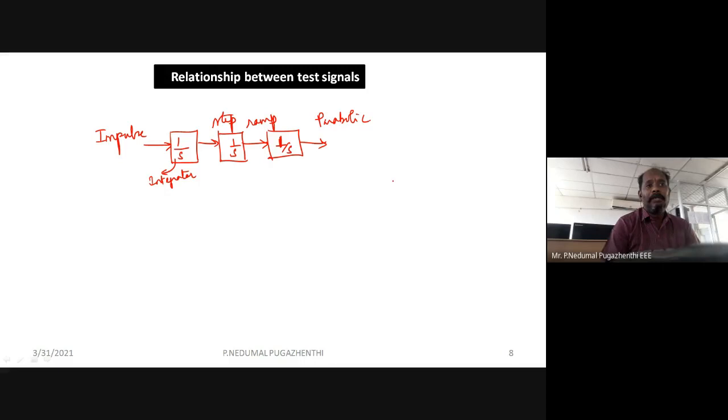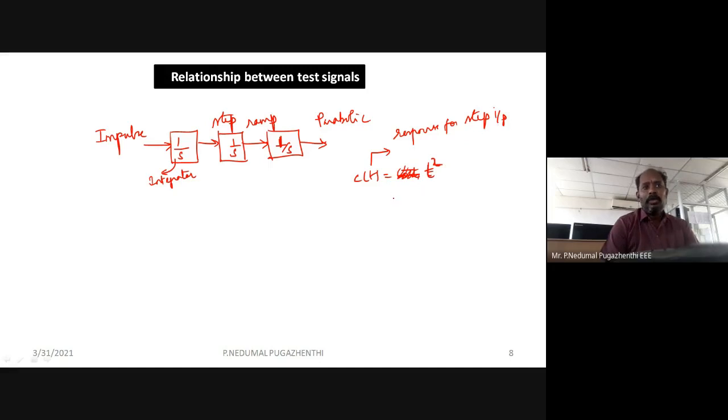For example, I'm having a function like cos t. Okay, my c of t is, let us say, t squared. It is not cos t. Let us say it is t squared, and this is a response for a step input. This c of t is equal to t squared for a step input.